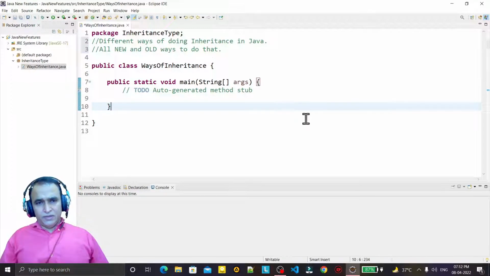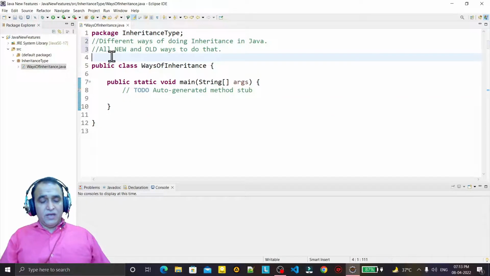So we know each and every thing, but you also know that Java is changing, and other languages are also rapidly changing and coming. They are competing with Java. So now the trend is going toward functional programming, and that's why Java is also changing the way of inheritance. In this video, I'm going to explain different ways of doing inheritance, the older way and the new way, so you can understand the code easily and understand this concept called inheritance.